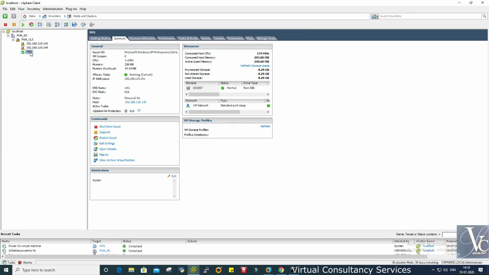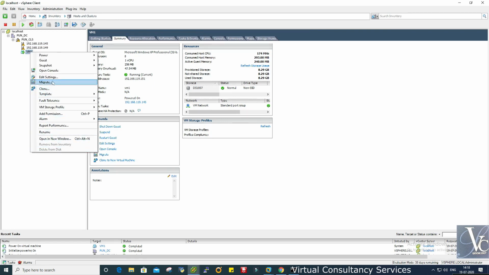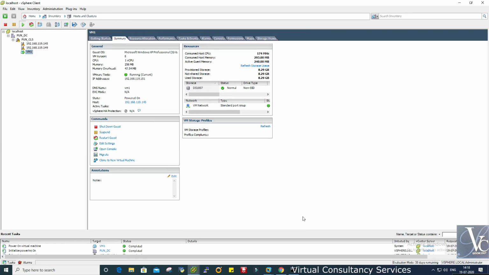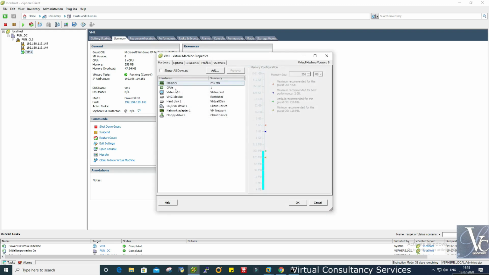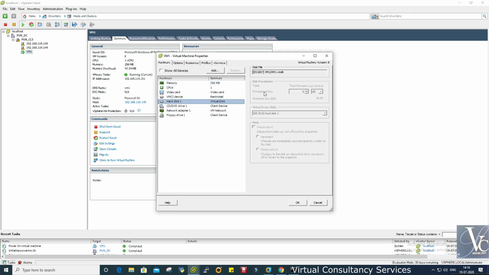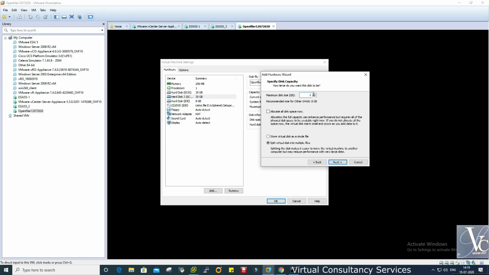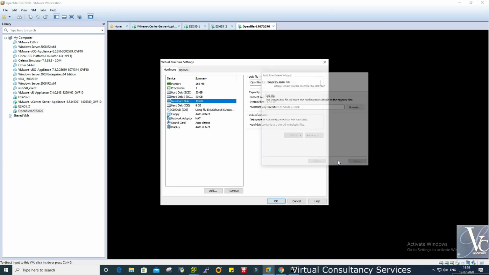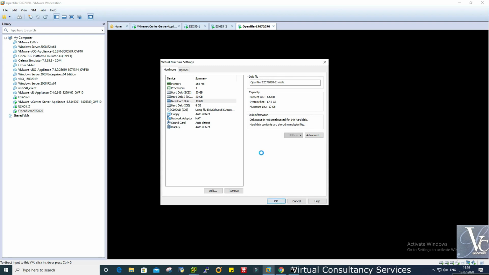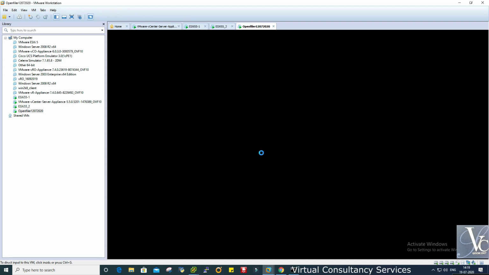Because we have to move this VM into the shared storage. This is 8 GB, so 10 GB is sufficient. So 10 GB we will allocate.